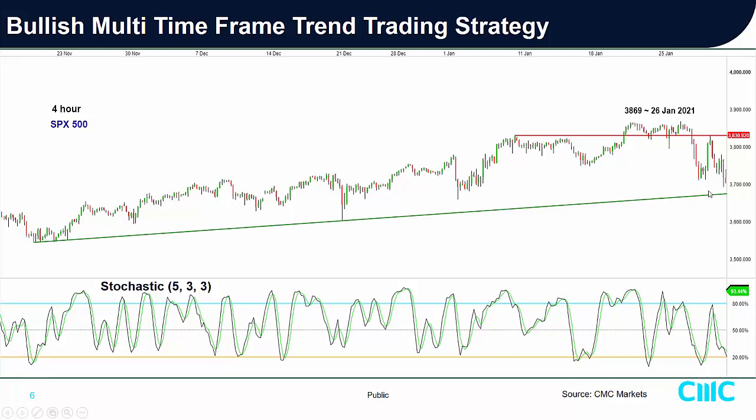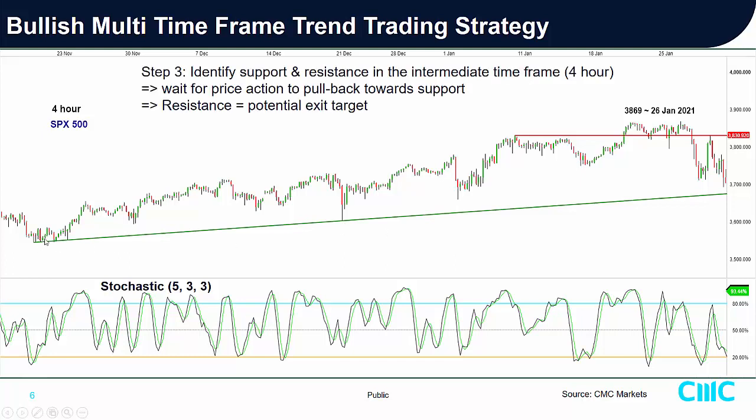So you could see, how do I draw support? It could be horizontal support or ascending support connecting the higher lows. Okay, for ascending support, minimum 3 higher lows. 1, 2, 3. All right. So the next key thing is once I identify this support level over here, which is at 3680,